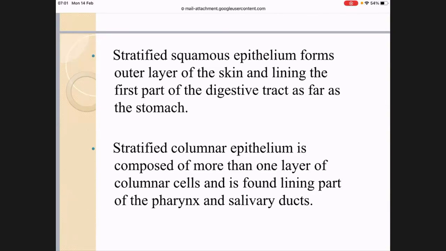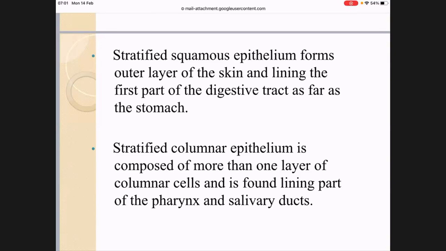From the stomach, there is also some mixing and blending. After that comes simple columnar, because absorption has to take place. Digestion and absorption; digestion also needs some things to be secreted. So secretions usually come from a single layer. Absorption is also through a single layer. Stratified columnar epithelium is composed of more than one layer of columnar cells,